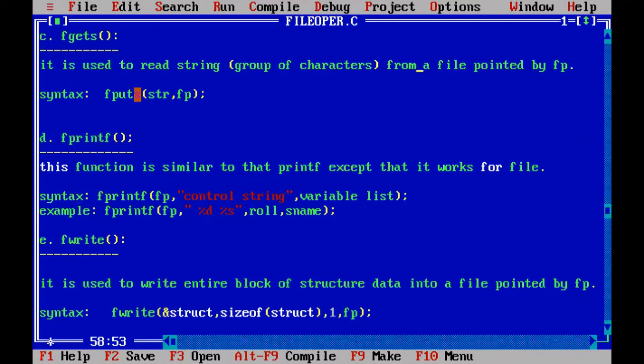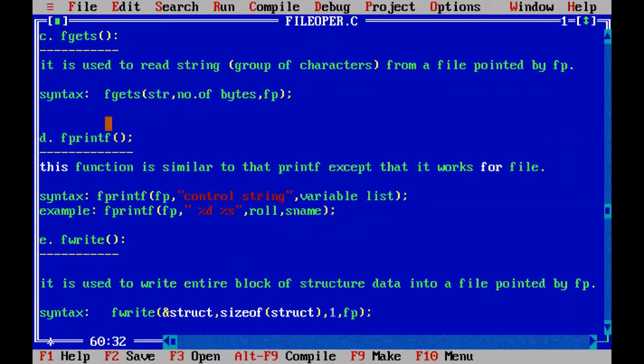And what is the syntax here? When you are getting the data, then we have to modify the function name. puts will become gets. And how many arguments will it take? We have to modify the second argument: comma, we have to write the number of bytes, and the remaining arguments are the same.